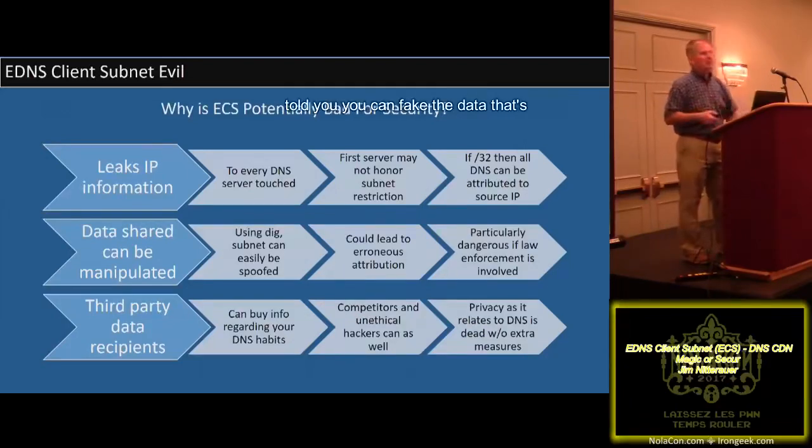Like I told you, you can fake the data that's going to upstream servers, right? So those upstream servers are gathering that data. I'm pretty sure they will, or they are, and probably going to make that data available for sale, right? The data has valid uses. So Google will say, we do this, we track this, one, to give people a faster experience browsing Google, and for us to be able to analyze the data we collect so that we can scale out our data centers accordingly to traffic coming from different geolocations. That makes sense. But they don't leave it at that, and they don't give you any data retention policy. They don't tell you what they're doing with that data. Now they have the right to sell that data, as does every other provider in the stream.